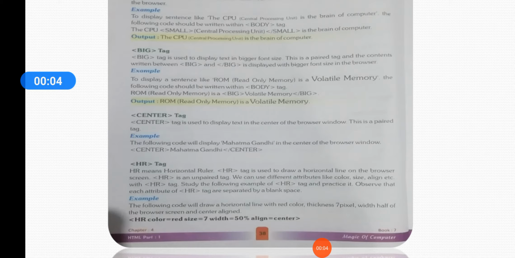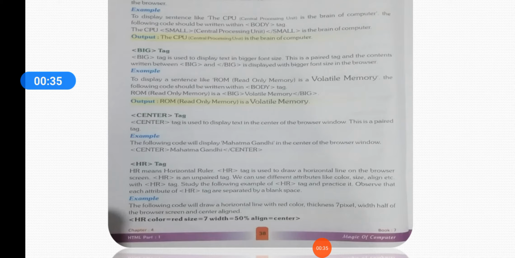Today we are going to start chapter number 4, HTML. In the previous lecture we have seen the HTML text. Some of the tags which we have seen are small text, big text, bold, and the B tag, which is used for making the line bold. HR is used for a horizontal line. We have used small and big tags. Now we are going to see some more tags. You can practice this on the computer at your home.